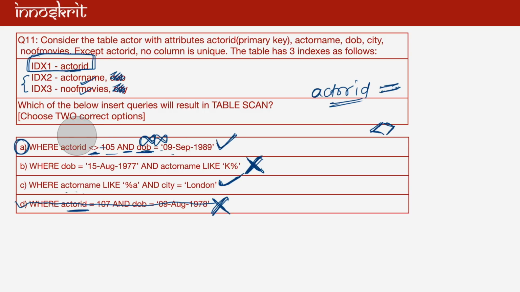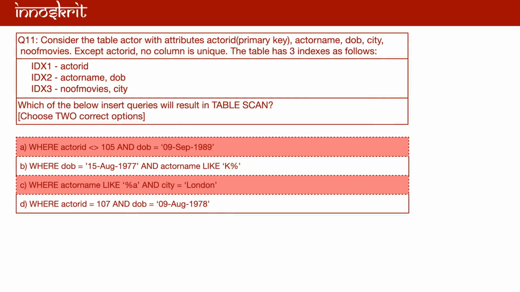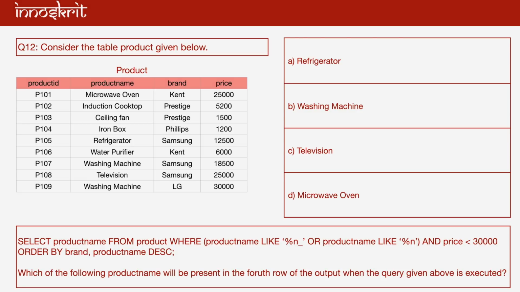So again the option number A and C are going to be the correct answers। So these two queries will result in the whole table scan, and option number B and D because of indexing will not result in the table scan। Now let's move to the next question।